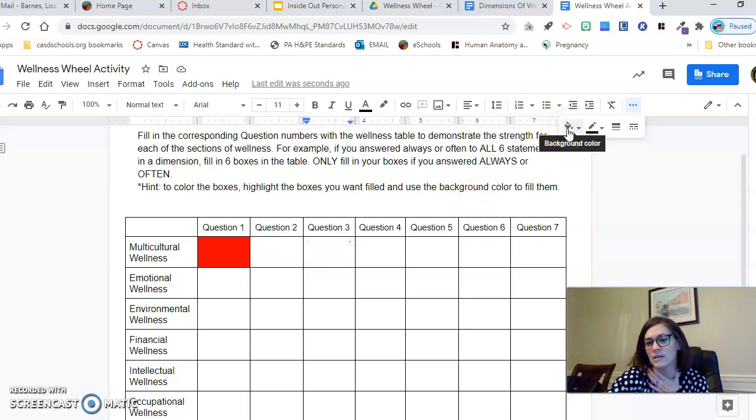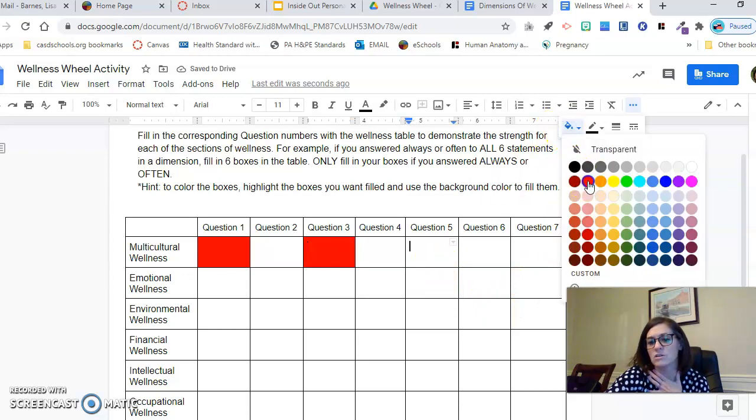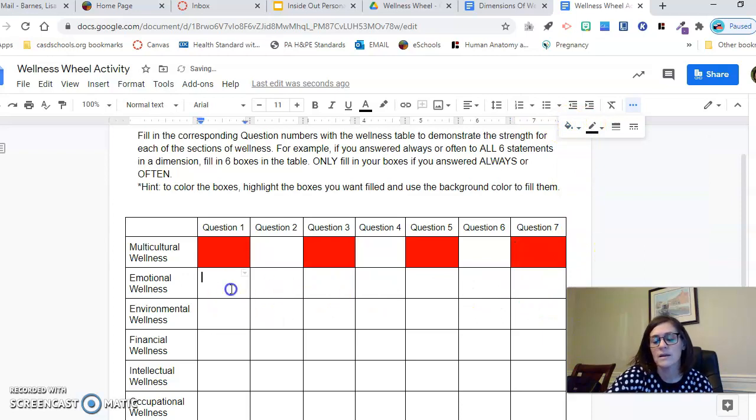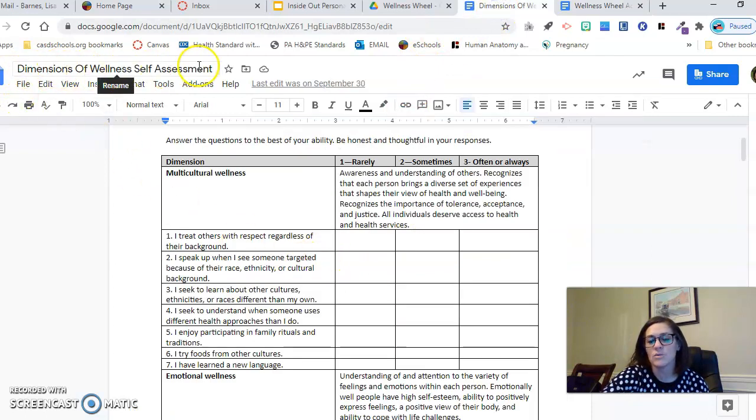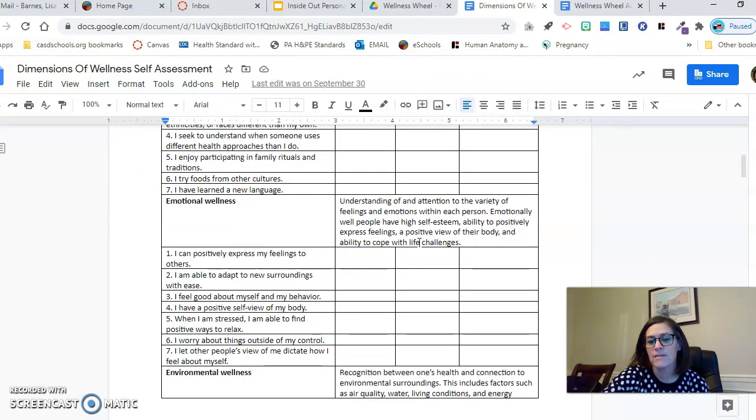So you click the background color of the paint, and then I don't care what color you use. And then maybe number 3 is also often or always, and maybe question 7 is often or always. And the same thing for emotional wellness. You're going to go to emotional wellness on your Dimensions of Wellness self-assessment, and then you're going to do the